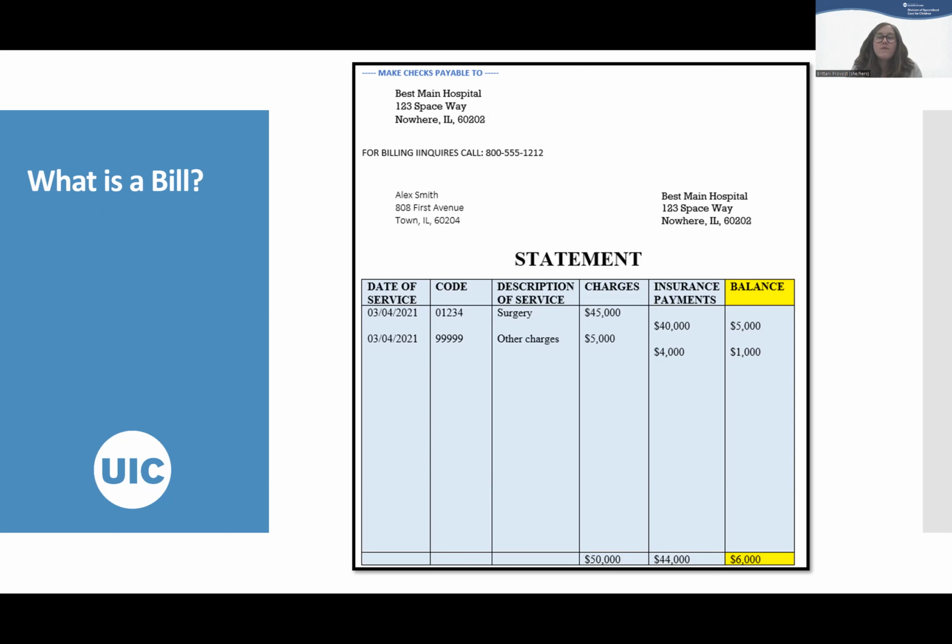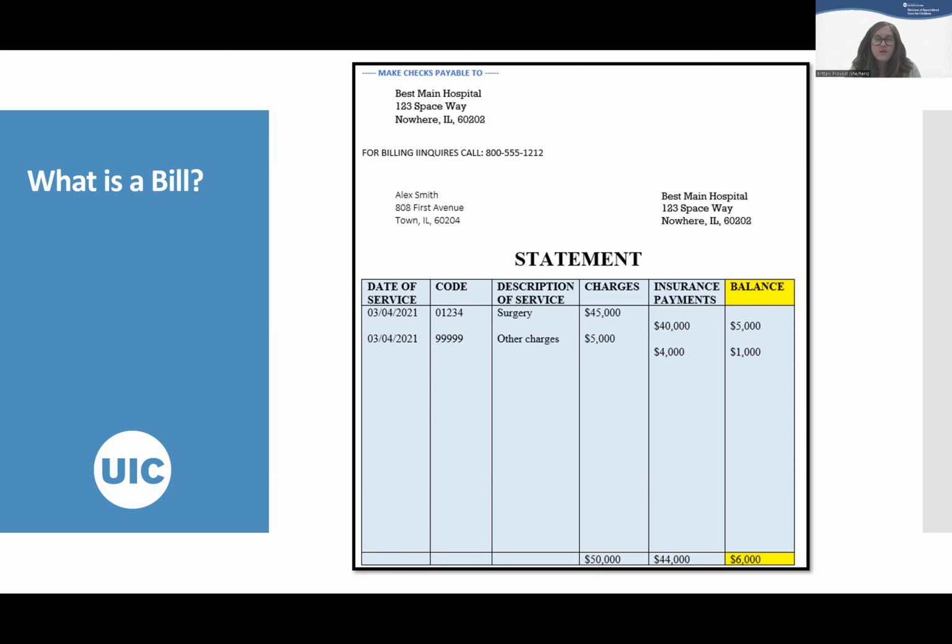But I always say, whenever you get this document and you're looking at it and you have no idea what it means, or if it was unexpected, right? Sometimes when you have a surgery, you might say, okay, I know I have a $250 copay. I'm expecting that bill, and if it comes, it makes sense. You say, yes, this was the date of service, and this is the copay that I normally have. This makes sense. But if you got a bill and it's really high and you weren't expecting it,